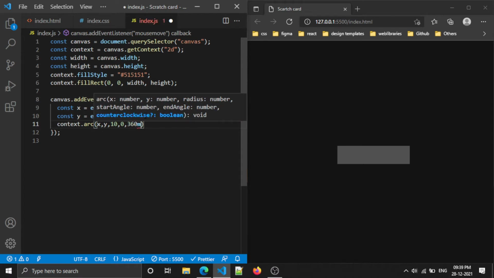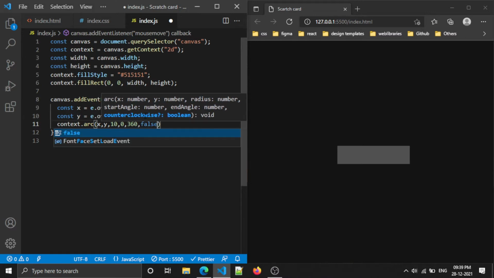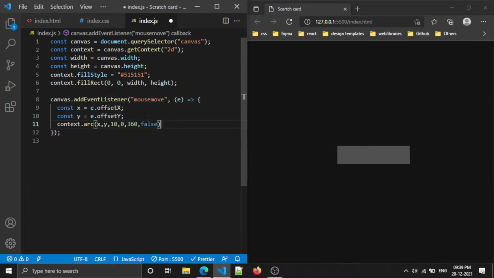And after that, the circle should be drawn in a clockwise direction, not anti-clockwise, so I'm mentioning a false value. If you try to move the mouse, nothing happens, right? So let's see what we need to do.